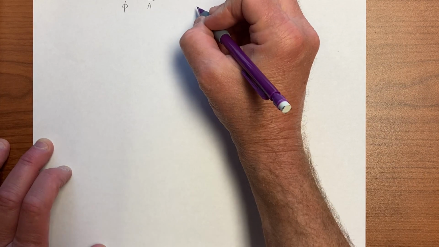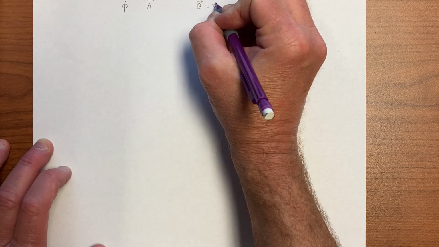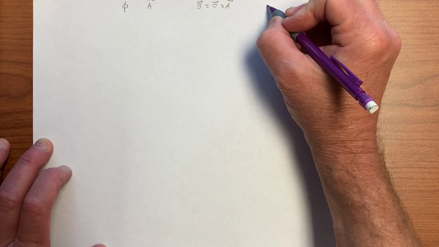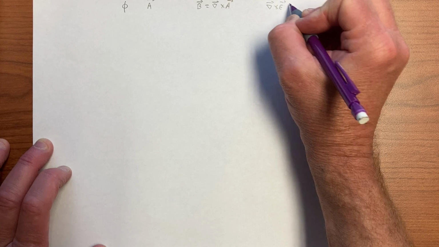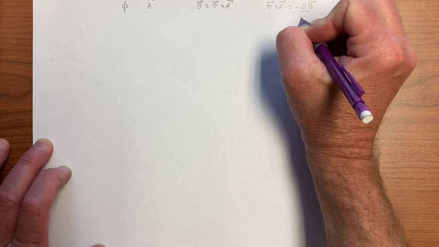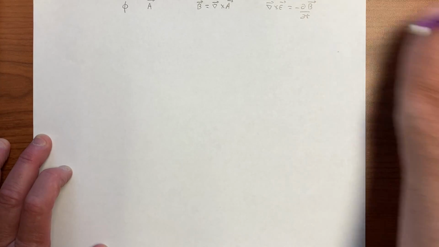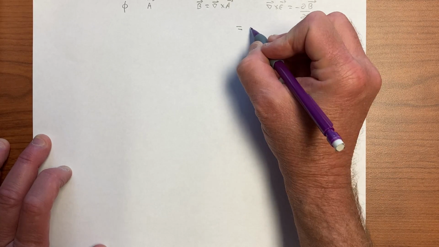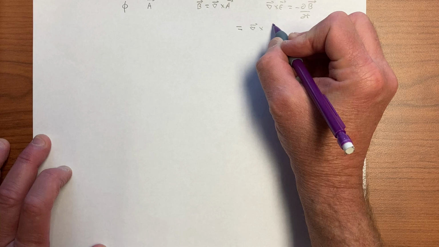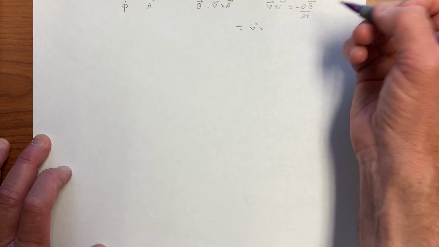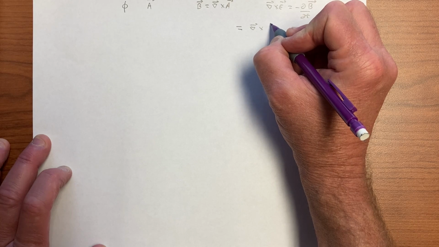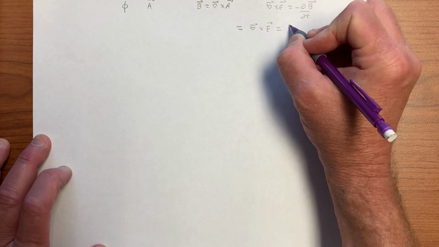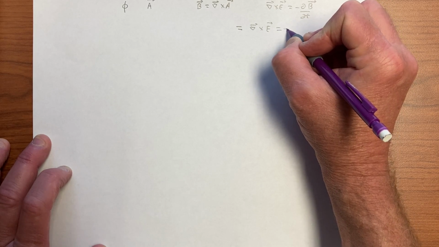So let's remind ourselves that B is obtained as the curl of the vector potential, and the curl of E is minus dB by dt, Faraday's law. And therefore we're taking the curl of the electric field, which equals minus